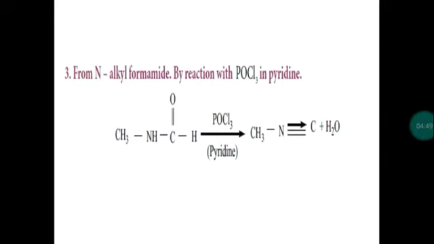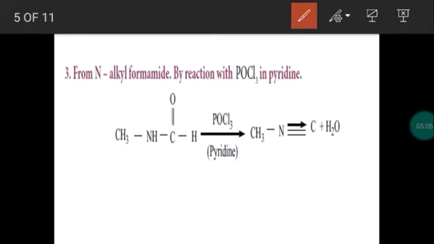Then the third method, we take a derivative of amide. First we have to know what an amide is. Amide is a derivative of carboxylic acid. From this amide, one hydrogen is replaced by an alkyl group, so we obtain an N-alkyl amide. Take this amide. What type of amide is this? Formamide, HCONH2. It's called formamide. This amide is derived from formic acid. From the acid, by adding ammonia, by the ammonolysis process, we obtain formamide, HCONH2.